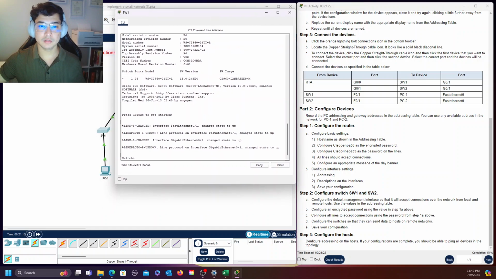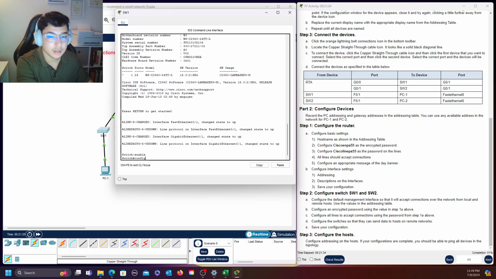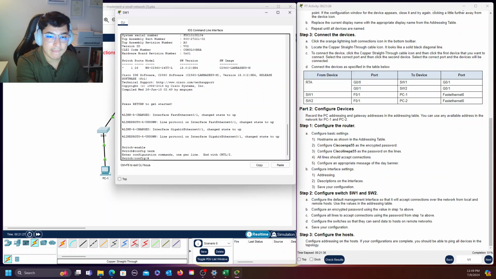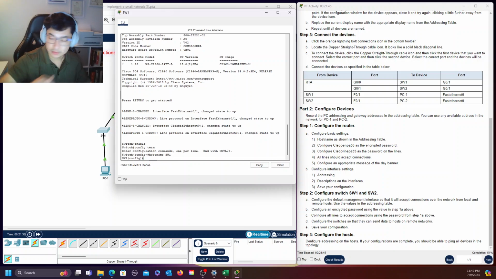All right, now on switch 1, let's do enable, then config. Now we can change the host name to SW1. Okay, awesome. So SW1 has been set as the name for switch 1, and then the enable password is going to be